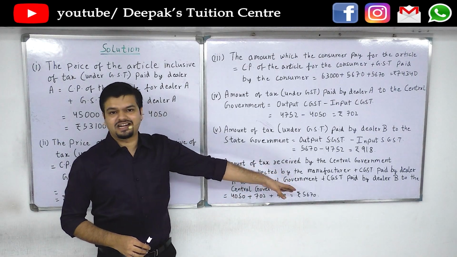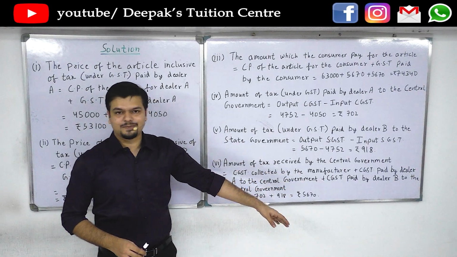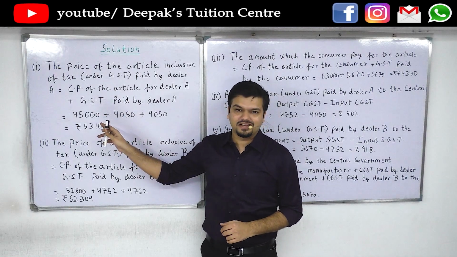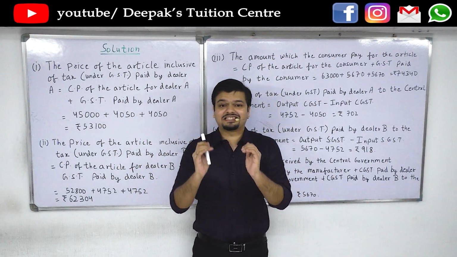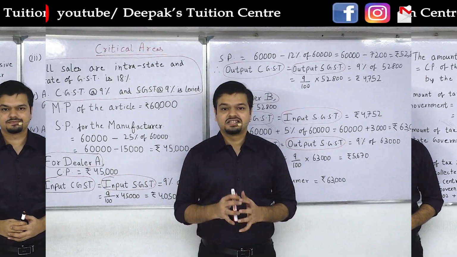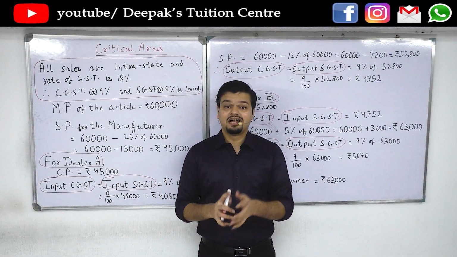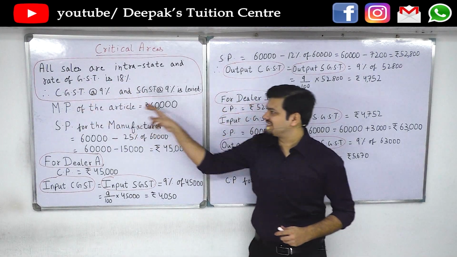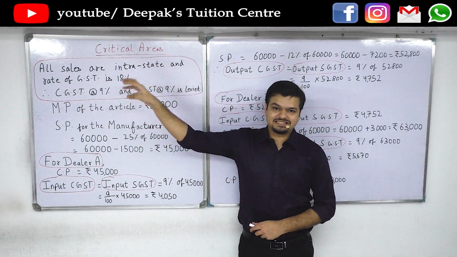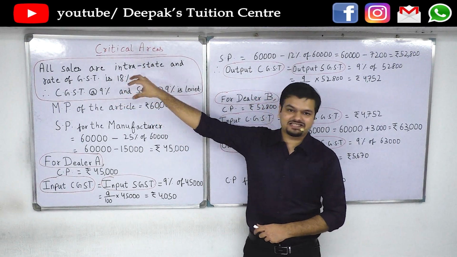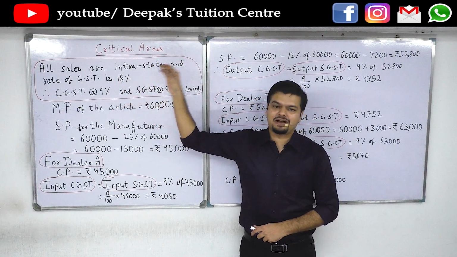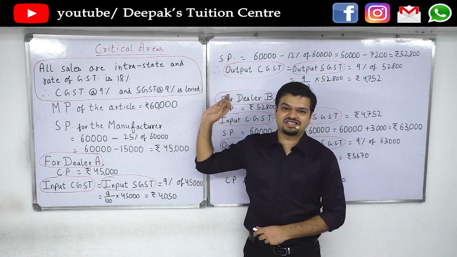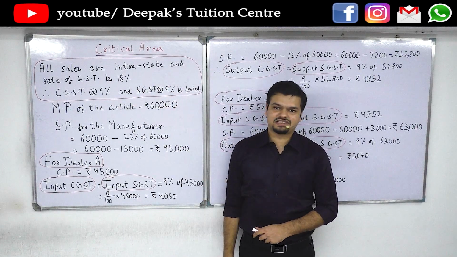But you are not allowed to write it directly. You have to show these steps. In fact, it would be best if you write these statements as well and not just skip them, so that you get better marks and the presentation is much better. So, the critical areas in a sum where most students lose their marks are, the first thing is if you miss out this whole statement. Since the sales are intrastate, you have to write this statement. If you do not write this statement, definitely marks will be deducted. So, you have to show that CGST and SGST are now levied at 9%.